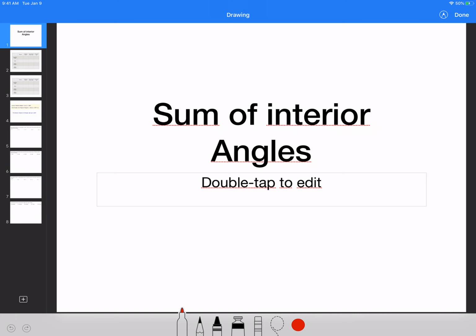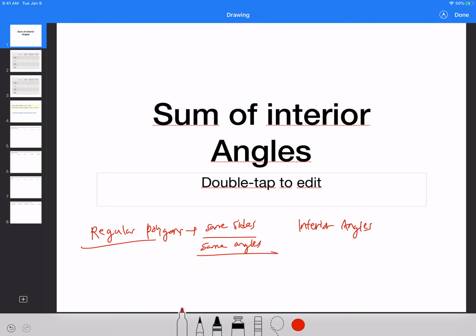Okay. So for the sum of interior angles, we're going to be talking about a lot of polygons and regular polygons, which means from this point onwards, whenever I say regular polygons, I want you to understand that means same sides and same angles. That's what I always want you to remember. And there's a pattern with which you can solve for this. Regular polygons have what we call interior angles